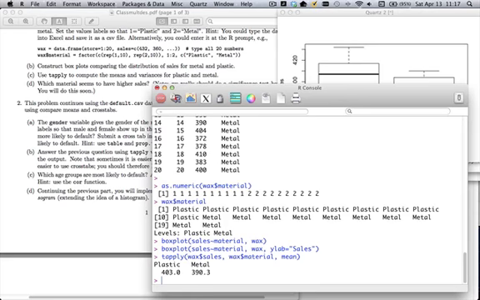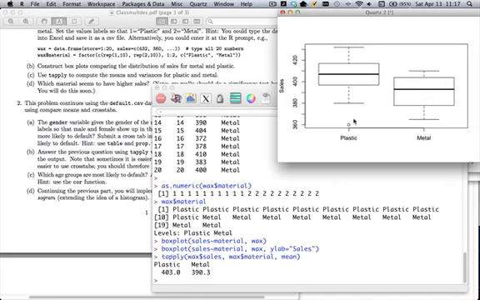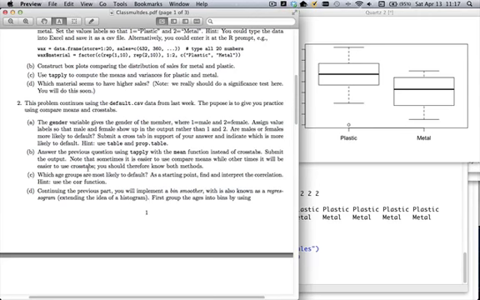So it says that we sell about, on the average, 403 with the plastic container, only 390 with the metal, and those means are quite close to the medians here, just because we have symmetrical distributions for the most part, other than that outlier. Okay, which material seems to have higher sales? Well, the answer is plastic. And that's it for this